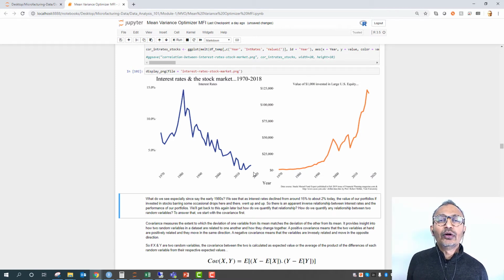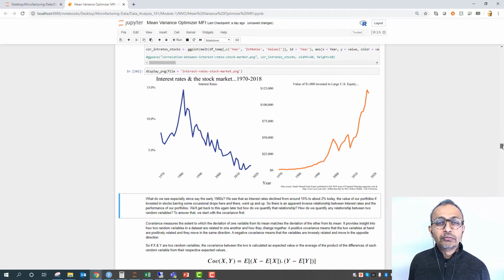So what does it do? If you're running a business, for example, and you get to borrow, your cost to borrow every year is steadily declining. That gives you added firepower in terms of growing your revenues and profits. That is exactly what has happened. It is one of the reasons why you see a relentless climb in the value of your portfolio, because part of that is the fact that your cost to borrow has relentlessly declined. So as interest rates went down, the value of your portfolio went up. You can see there is an inverse correlation,